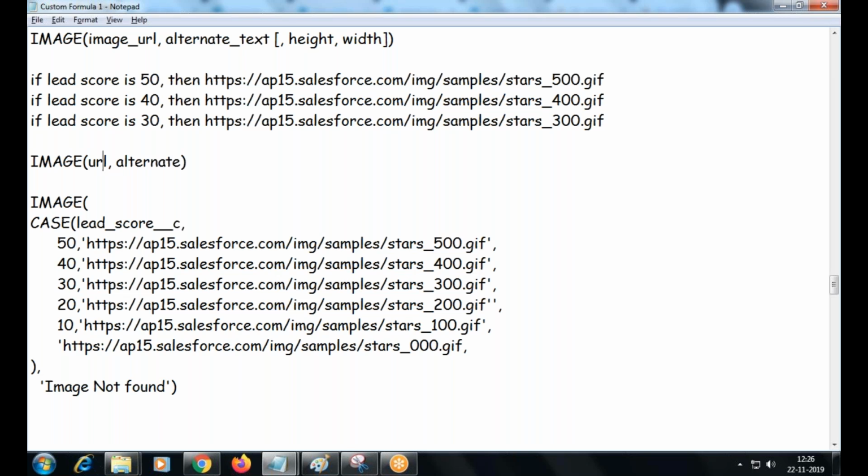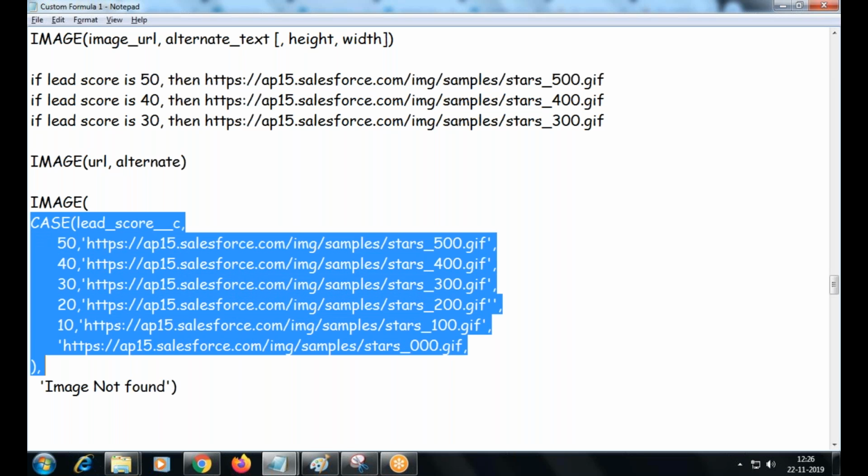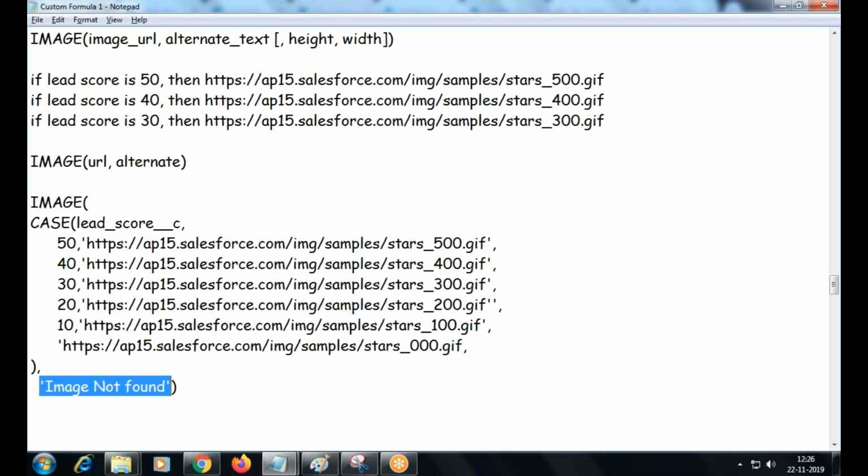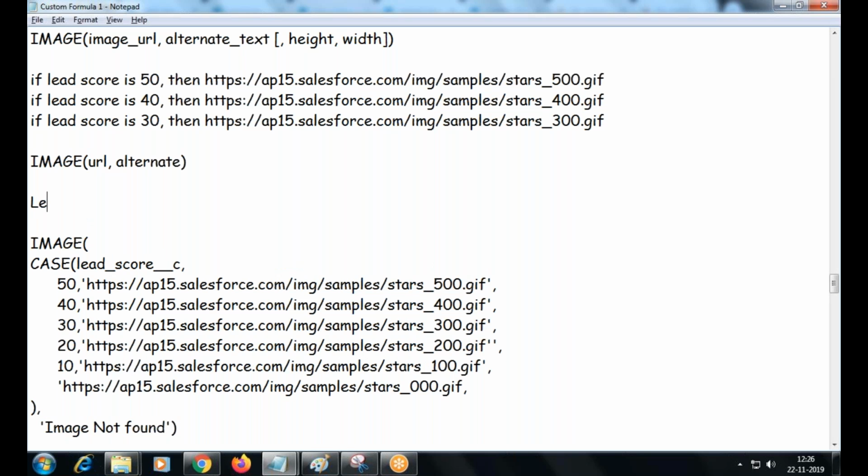The URL part we replace with the case function. Okay, the alternate text is just a text, right? So the entire formula is going to be stored in a custom formula field called lead priority. What is the type you have chosen? Text.